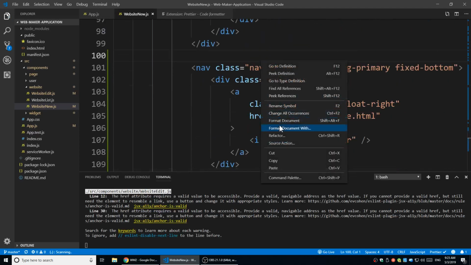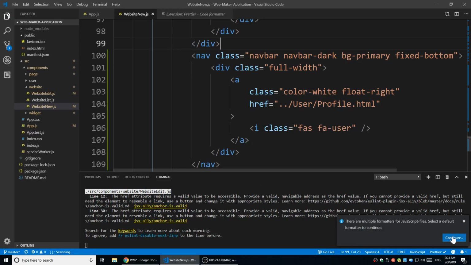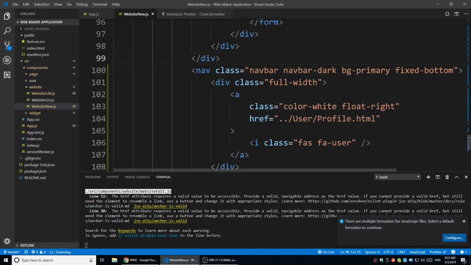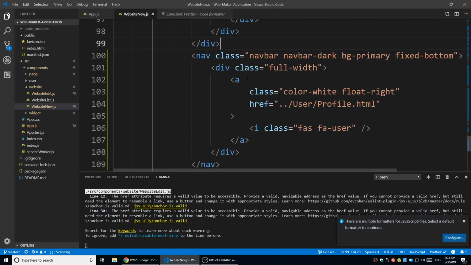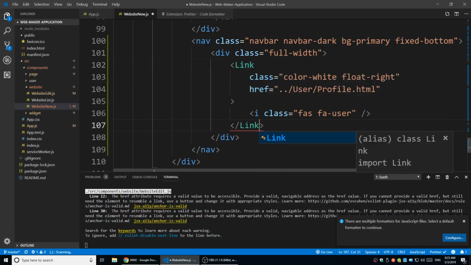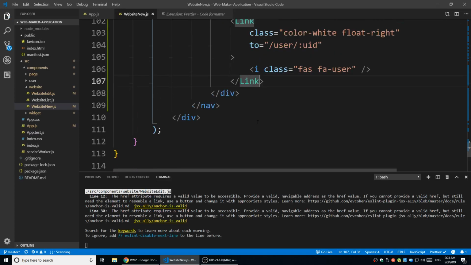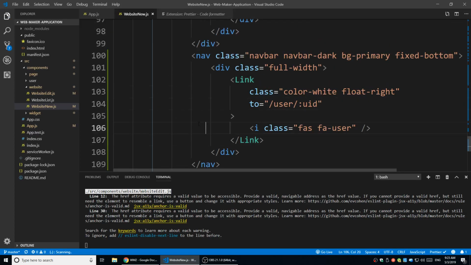I may want to format it a little bit. Format it. Doesn't work. Whatever. I have a user icon here. It's going to be a link. Go back to the profile. So href should be to /user/the UID. Right, go back to profile. Our links should be fine right now, and we are going to do a similar thing for the website